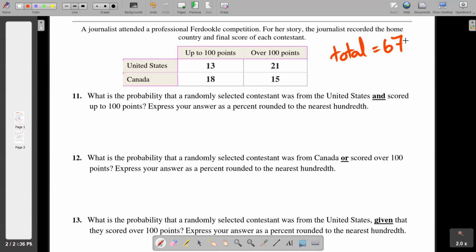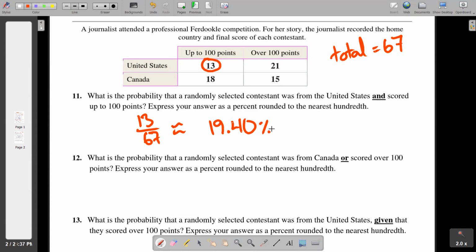All right, so here it is. I look in my table for the people that are Americans or from the United States and scored up to 100. Up to 100 and American looks like exactly those people right there. If you're in that little thing I circled in red, you scored the correct number of points and are from the United States. So I just go, there's 13 of you out of 67. Done. Type it in your calculator. That one came out to around